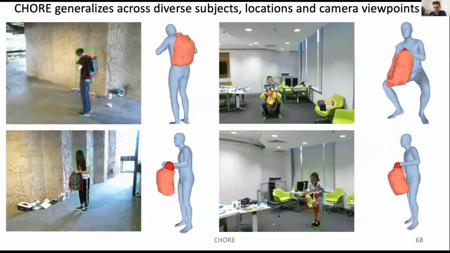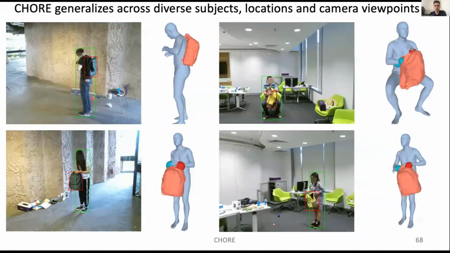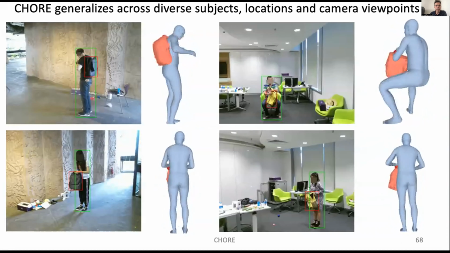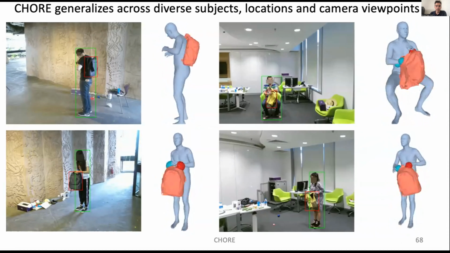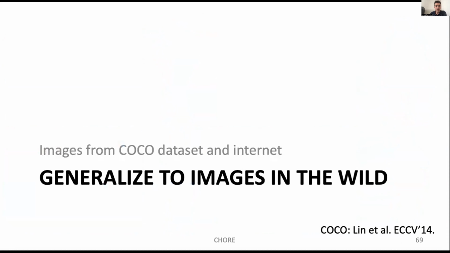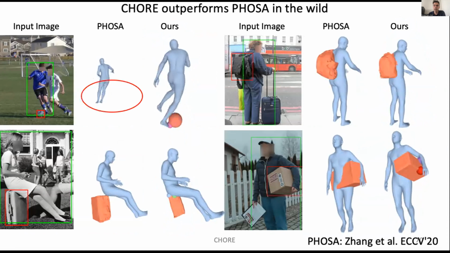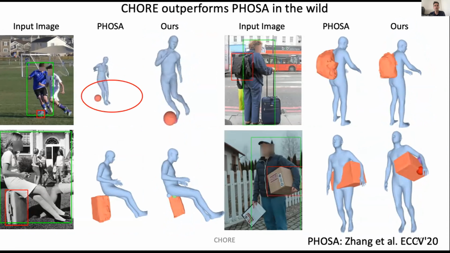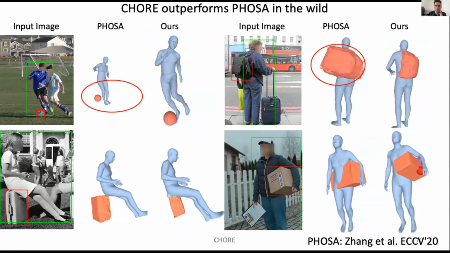Okay, so I believe I was here. On this other dataset, we are also obtaining better reconstruction, especially at the contact locations, and also for images in the wild. Here we don't have any way to metrically compare, but we can compare using user studies.